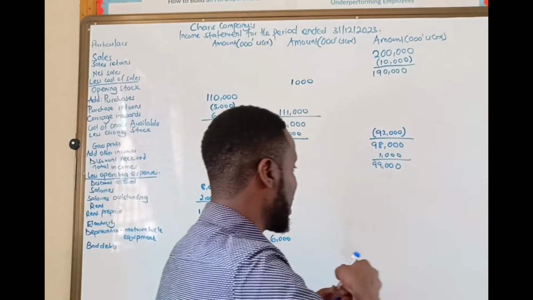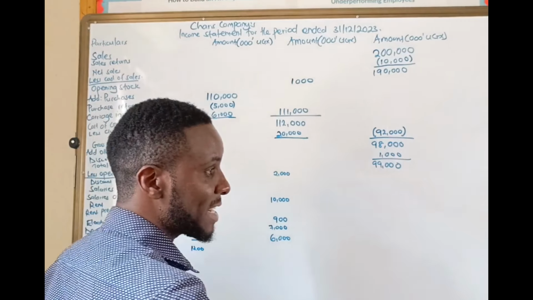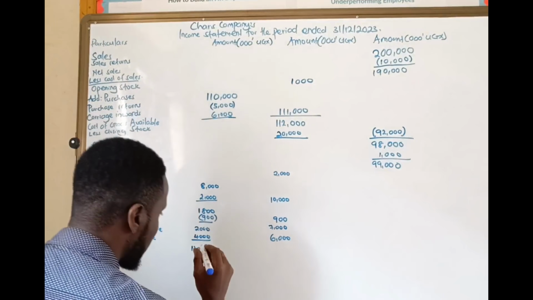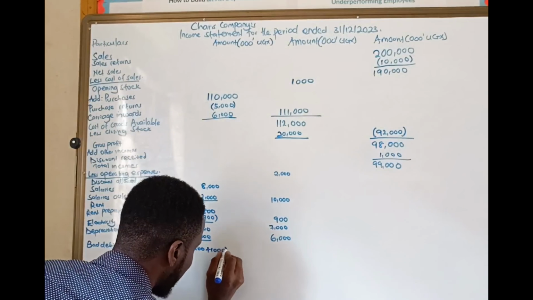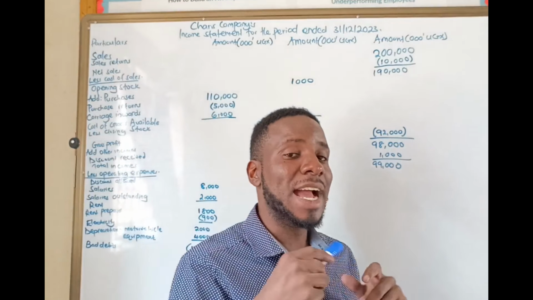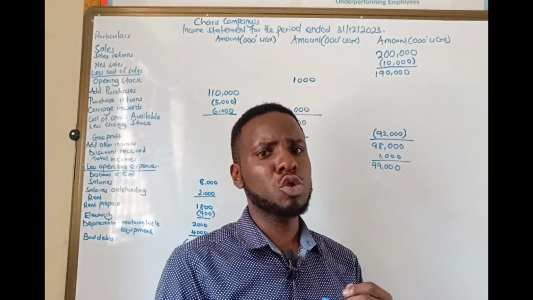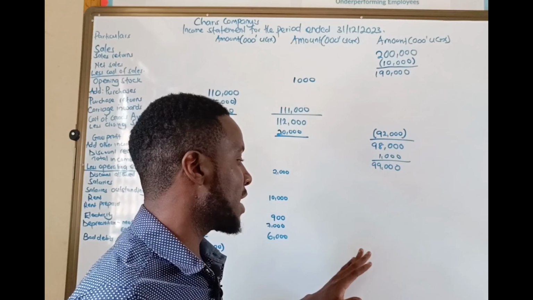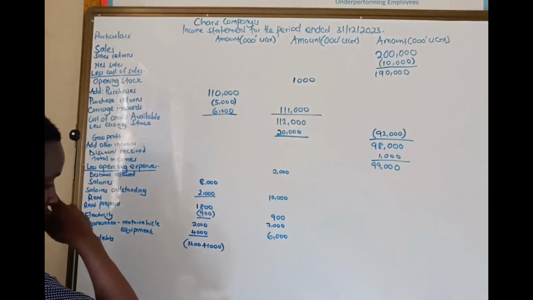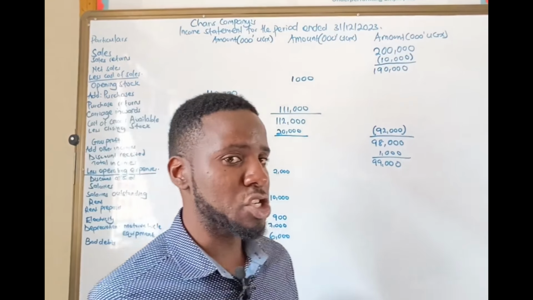So 20% of the 5,000 of the debtors will be 1,000. So you come here and say plus 1,000 because the provision against bad debts is placed against the debtors. So if our debtors are 5,000, we are going to place the 20% on the 5,000, and so we take off this figure. Now, like I told you, this 1,000 still, when it comes to additional information,